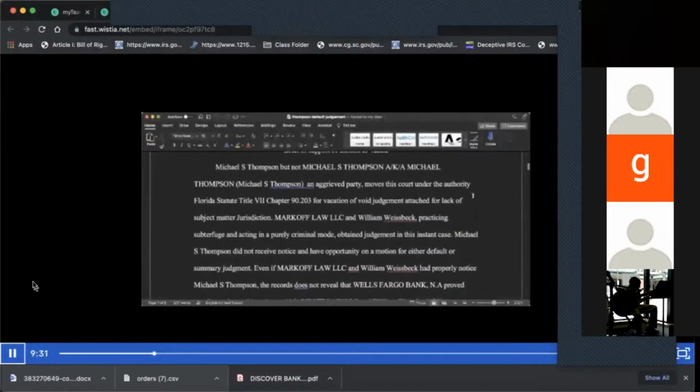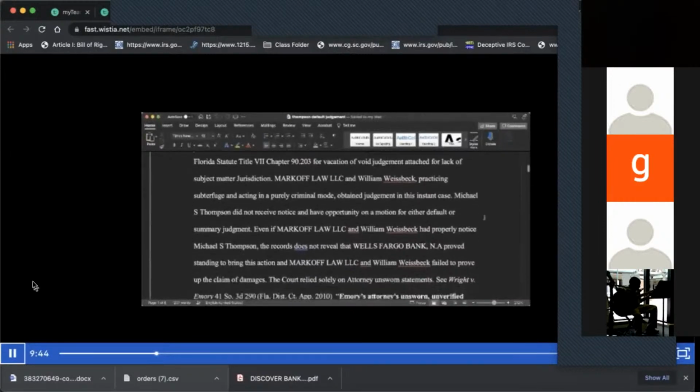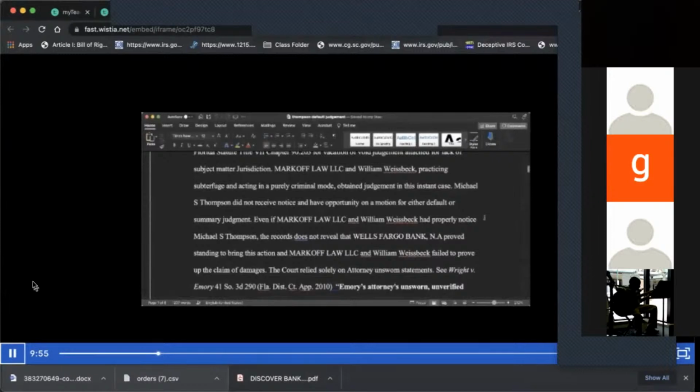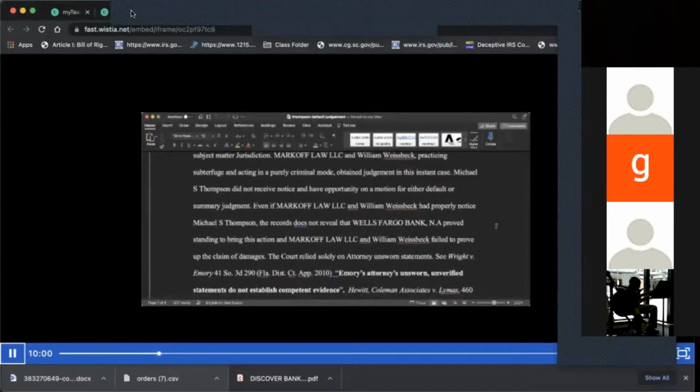An aggrieved party moves this court under the authority of Florida Statute Title 7, Chapter 90.203 for vacation of void judgment attached for lack of subject matter jurisdiction. Markov Law LLC and William Weisbeck, practicing subterfuge and acting in a purely criminal mode, obtained judgment in this instant case. Michael S. Thompson did not receive notice and opportunity on motion for either default or summary judgment, even if Markov Law Firm LLC and William Weisberg, the attorney, so I just want to let y'all know that,